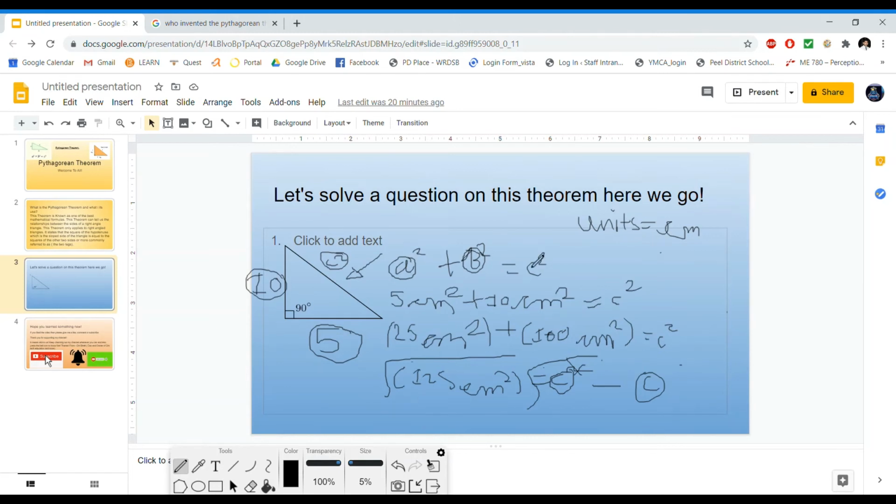I don't have a lot of space, but we can try to fit it in. So now we do the square root of 125 centimeters squared. You can use a calculator, but I already know it. 125 centimeters squared is about 11.180